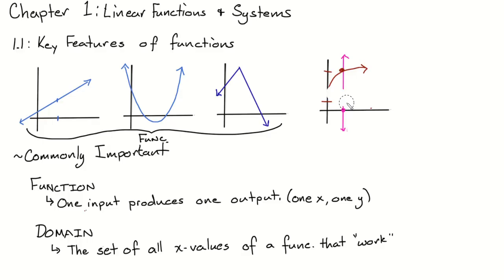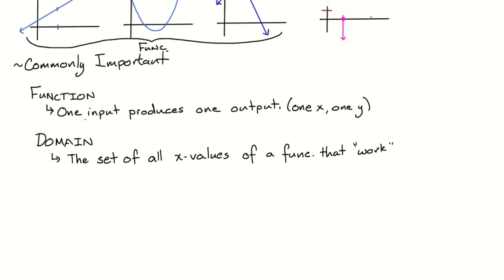What do we call the output then? We made eye contact, Henning. What you got? There's only one more word. We said domain. Do you remember the other one? The range. So if we try to use similar vocab stuff here, if the domain is the set of all x values of a function that work, how do we define the range? It can't be the x values. The y values. So we'll say that the range